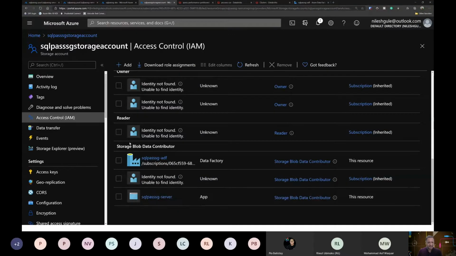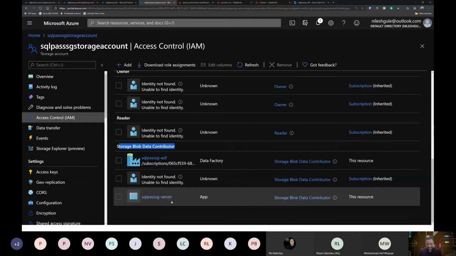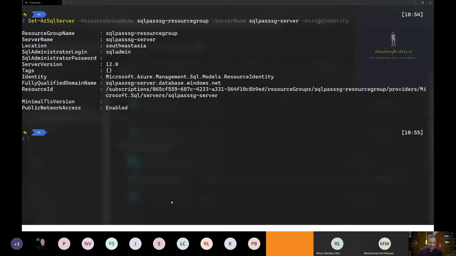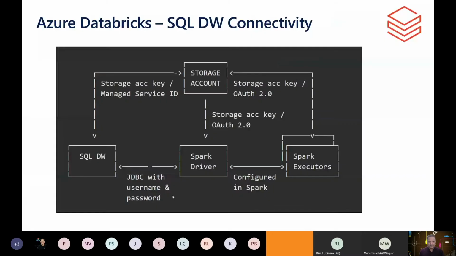Here you can see that it has been given the Storage Blob Data Contributor access, and because it has this access now, it can write back into the SQL data warehouse. That is how we have this connection established between the storage account, the Spark driver, and the SQL data warehouse.